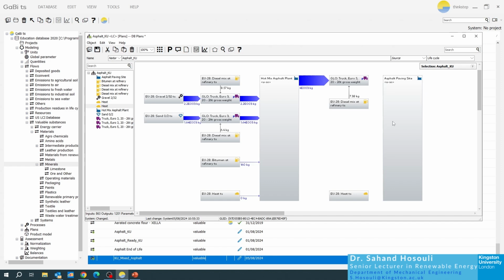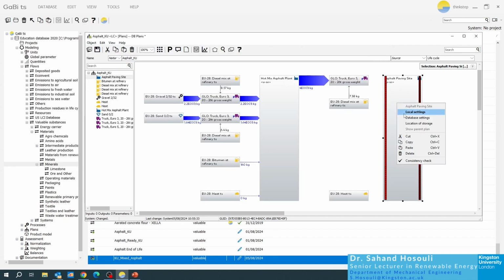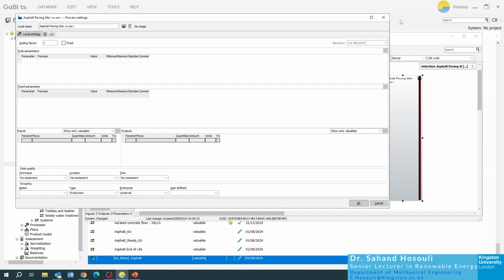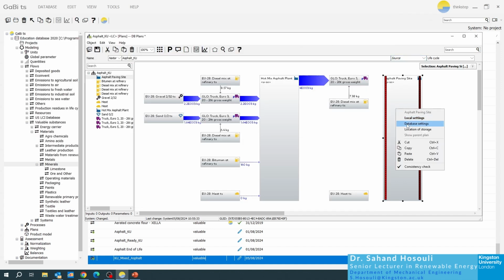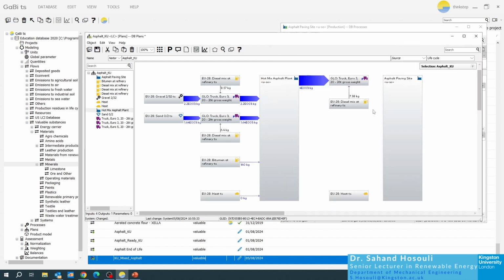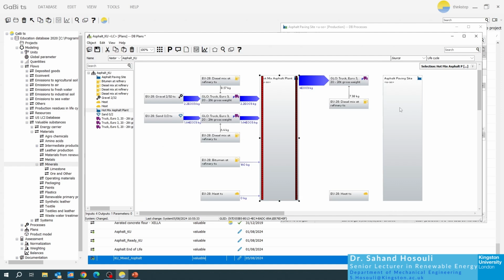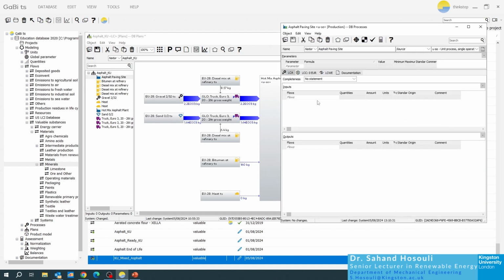Now, the only issue here is that my asphalt paving site doesn't have any inputs or outputs. So how can I solve this? I can look at the database settings, and in database settings you should have flows. Similar to what we did with the hot mix asphalt, we need to have some materials as an input. So the output is the hot mixed asphalt, and we need to provide it here in the database setting as a